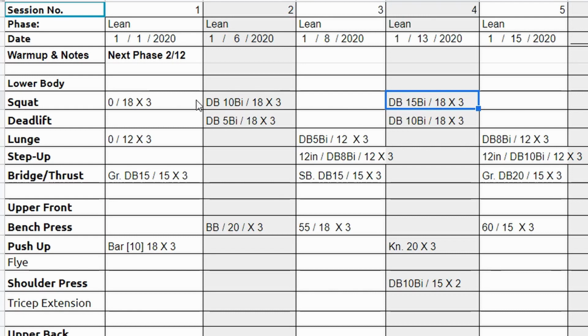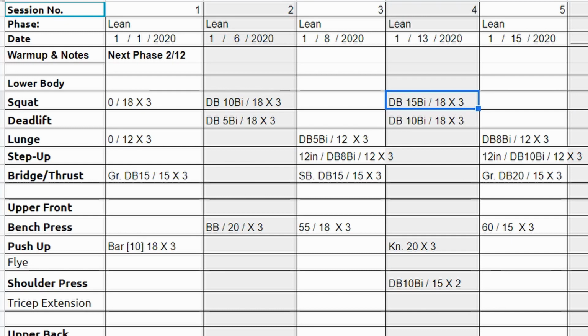Pretty much what I'm trying to do is just progressively make these exercises harder over time, and I'm going to do that by either adding weight or adding repetitions. I should say that if we're just going by strength and how capable this client is, she could probably do a fair amount more weight than any of the weights that you're seeing here. But I want that form perfect before I start loading her up with anything very heavy. So if I were to show you another 5 sessions, you'd see that weight consistently going up.